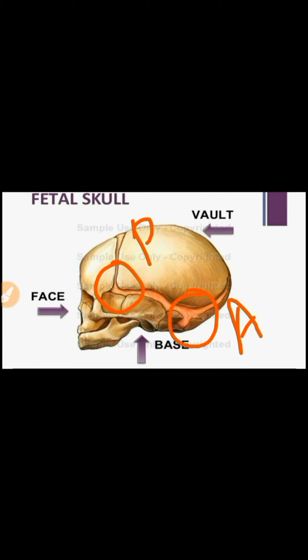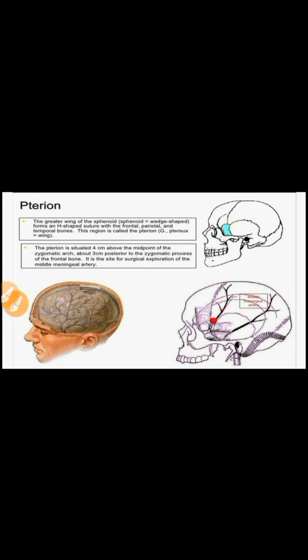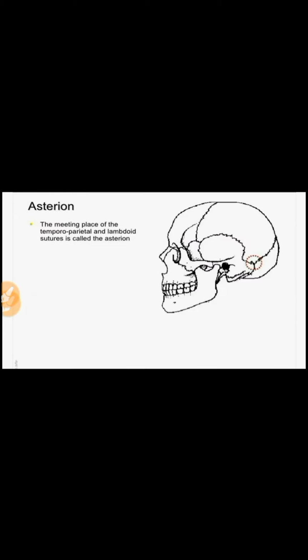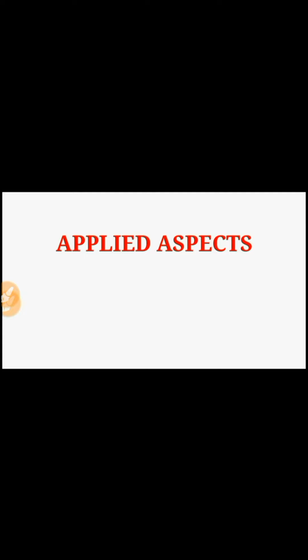So you can see there are around 6 fontanellae. Already we have discussed anterior and posterior, and there are 2 lateral, anterolateral and posterolateral fontanellae. The anterolateral fontanella is called pterion, the red dot that is depicting that, whereas the posterolateral you will see at asterion. So there is a pair of anterolateral fontanellae at the level of pterion, a pair of posterolateral at the level of asterion here, where it is a Y-shaped suture, and you will see unpaired anterior and posterior fontanellae at bregma and lambda respectively.